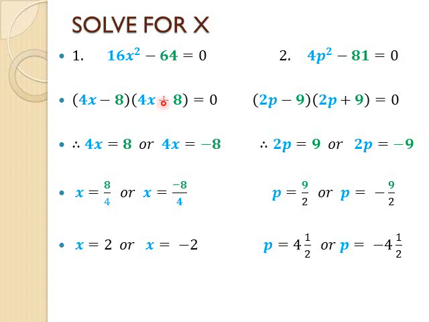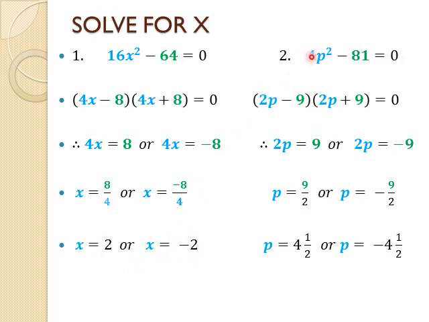one is positive. From there we apply the zero factor law, which says 4x minus 8 equals 0. If I take negative 8 over, it will become positive 8. Then 4x plus 8 would equal 0. If I take positive 8 over, it becomes negative 8. Right? Always divide by the coefficient of x. So 4x, I want x. That's why they say solve for x. I want x to the power 1, so I have to get rid of the 4. So that becomes 8 divided by 4. And that gives me x equal to 2. On the other side, minus 8 divided by 4, which then gives me x equals negative 2, so I have solved for